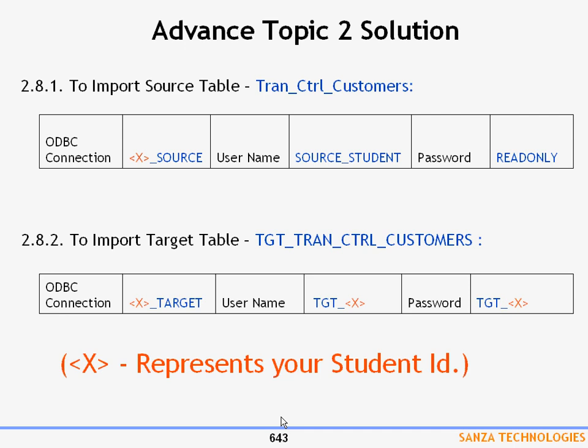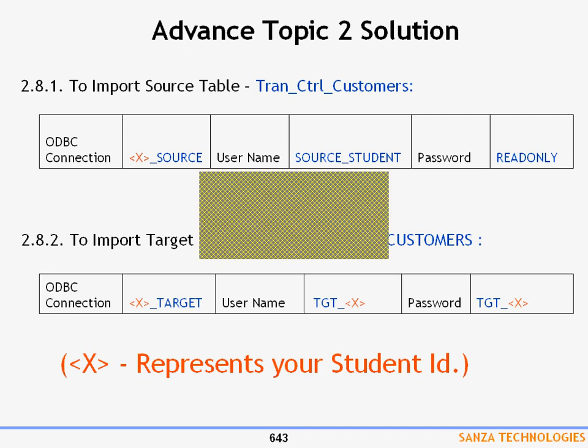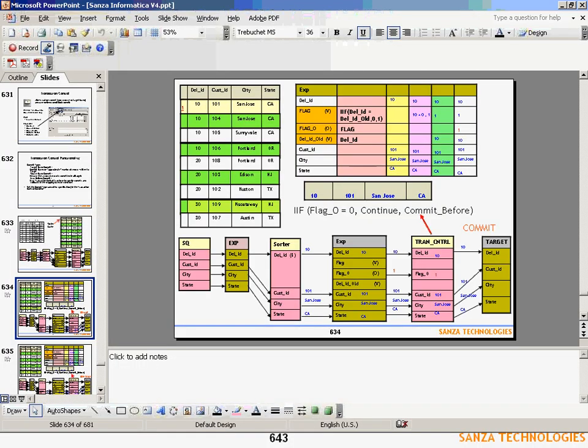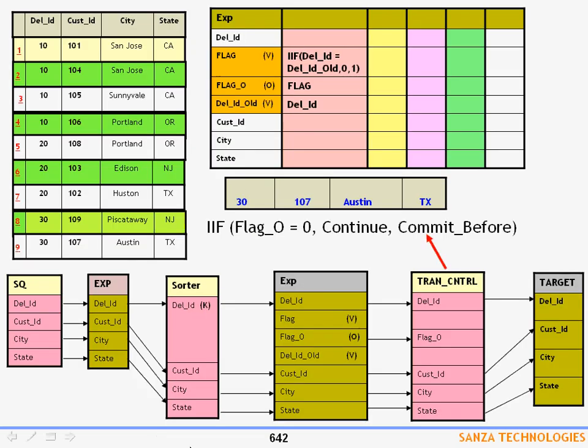No, if it is in the last, what will happen? The order of process is first input ports, then variable ports, then output ports. So if you put it last, what will happen? The dealership ID old should be variable. Fine. First it will process this port. If you flip that one,